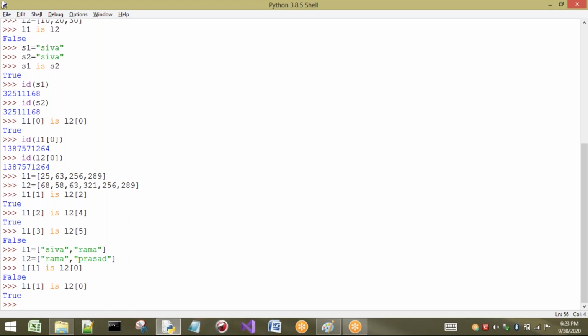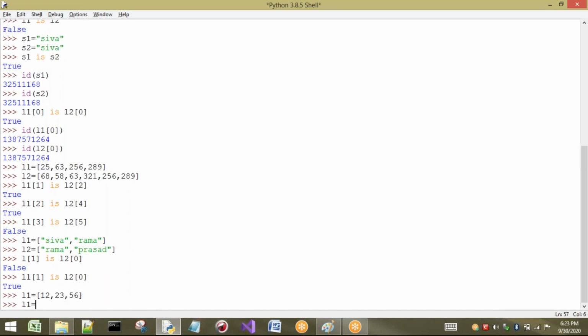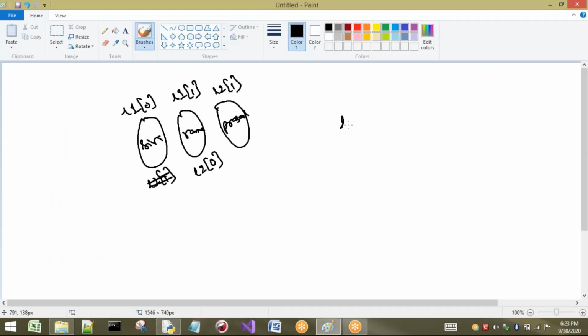If the lists are the same, let me show you the L1 equal to L2 concept. I will take the elements 12, 23, 56. Initially I create L1, which has three elements 12, 23 and 56.